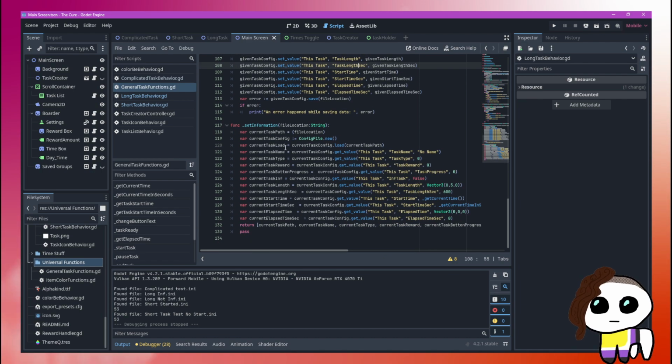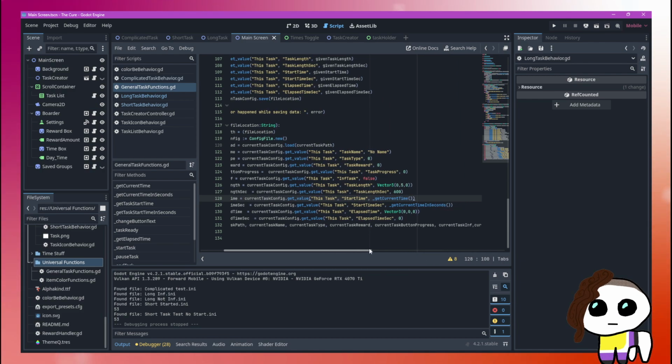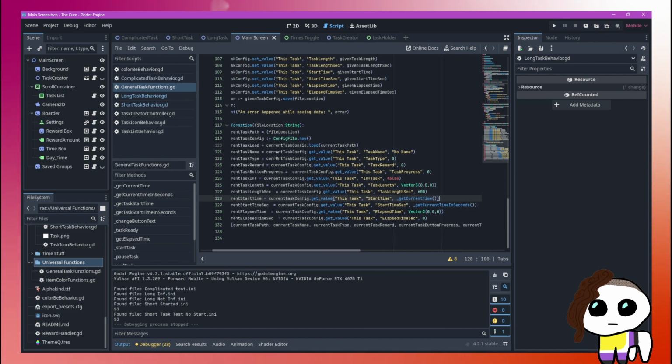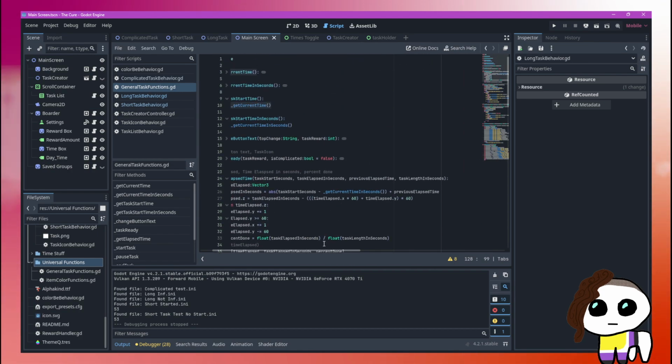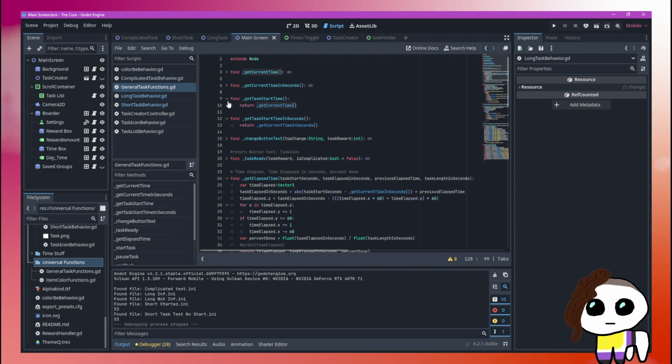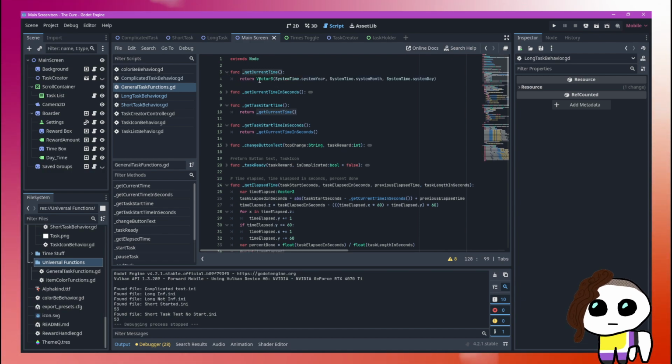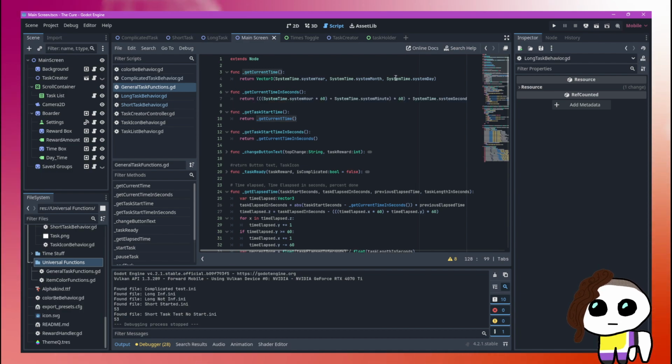Save information. Set information. Start time. Current seconds. Why is that one? What? Why is this one in